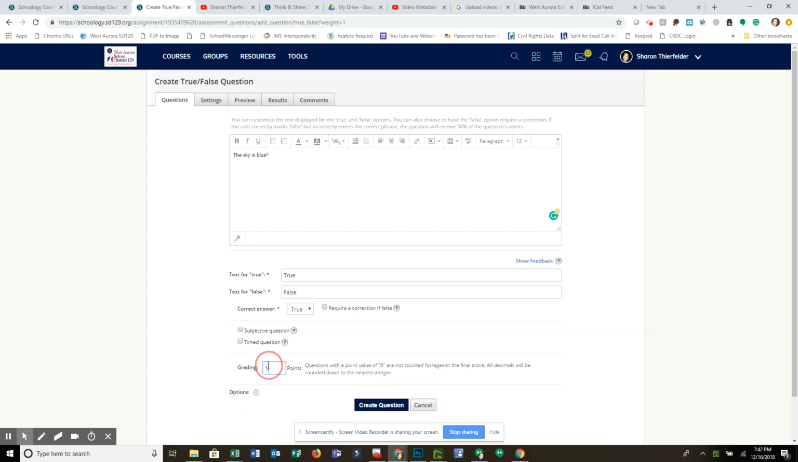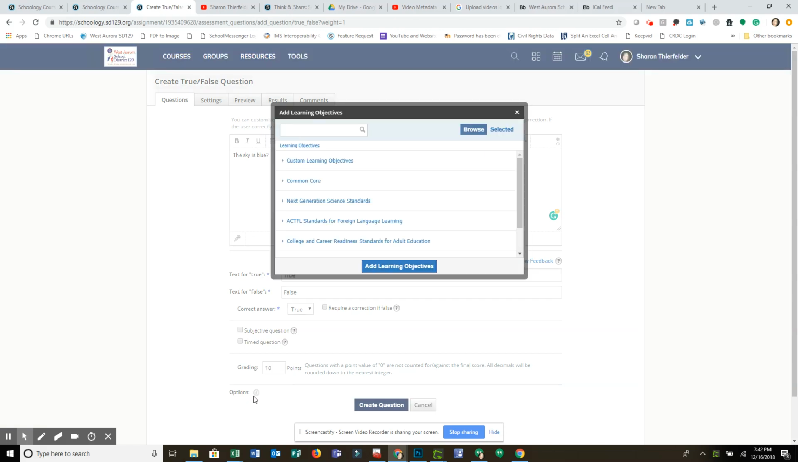Here you're going to choose your points. I'm going to make this worth 10 points out of the possible 100. Now you have options here. So if you wanted to tie this to a specific learning standard, you could click, and you have seen this